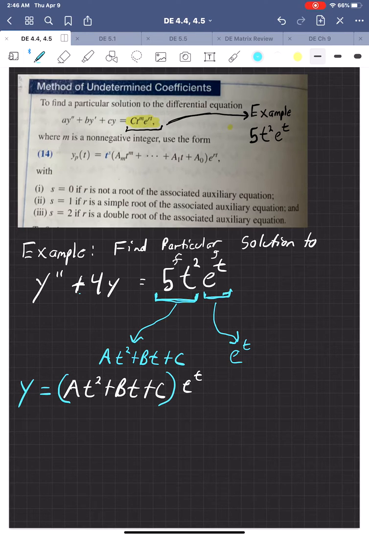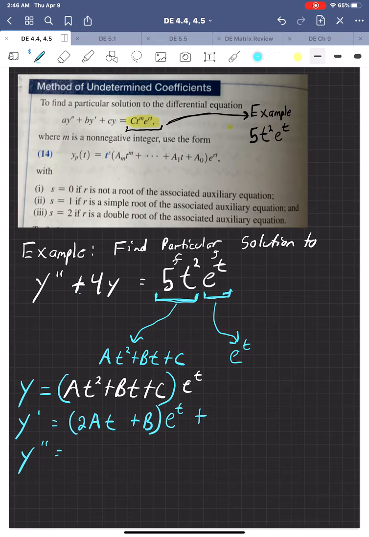Now this is the part that I'm not going to go through. It's just some product rules. You've got a product rule of these two different functions. So I'm going to go ahead and give you y prime and y double prime. So y prime, again, is a product rule, so it's f prime times g plus f times g prime. What would come out would be 2a t plus b, times e to the power of t,